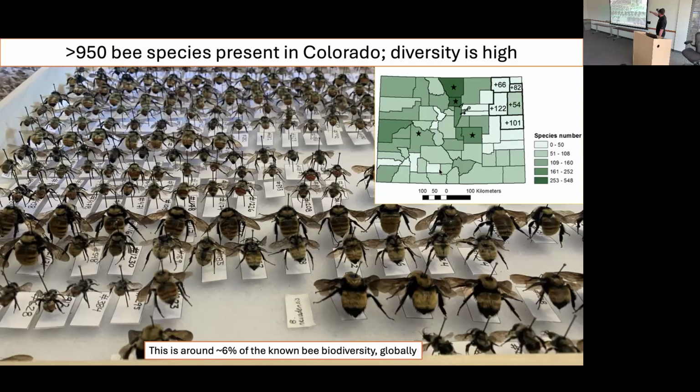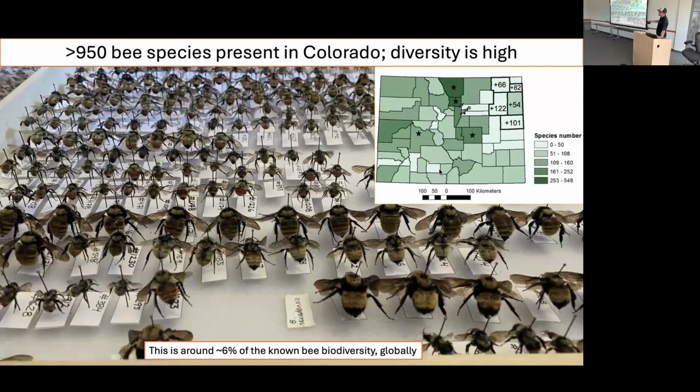And you can see that the majority of that detection has been on the Front Range, where there's a lot of scientists hanging out, sampling insects, and then, you know, a good representation sort of on the western slope. We know very little about the bee biodiversity on the eastern side of the state, but based on what I sort of know about where they like to live, that's probably a very diverse area also that's just generally underrepresented, because not many people want to go out and study bee ecology at the grasslands.